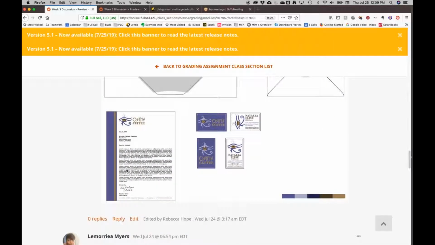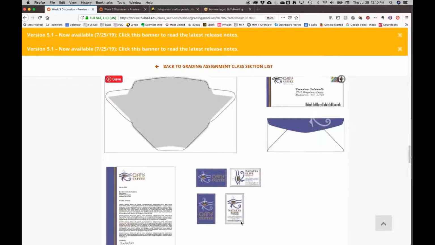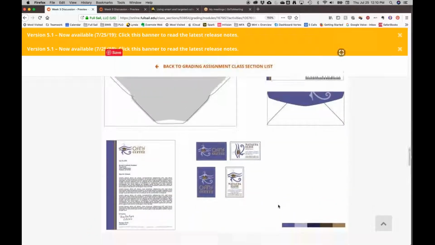Your letter has a lot of lorem ipsum. It's just sort of distracting. If you can put something else in there, that'd be better. But you're off to a good start. All right,